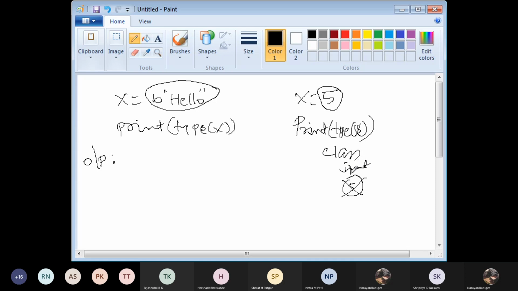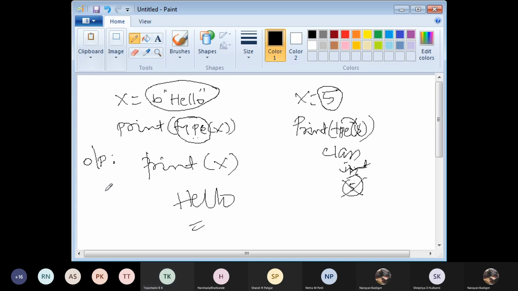How will you tell that this is int? The type function will tell me that. It means type will give me what type of data it is. I'm not printing hello here. Don't make a mistake. If I write print of x, then hello will be printed. Don't get confused here. I am using a function here, type.